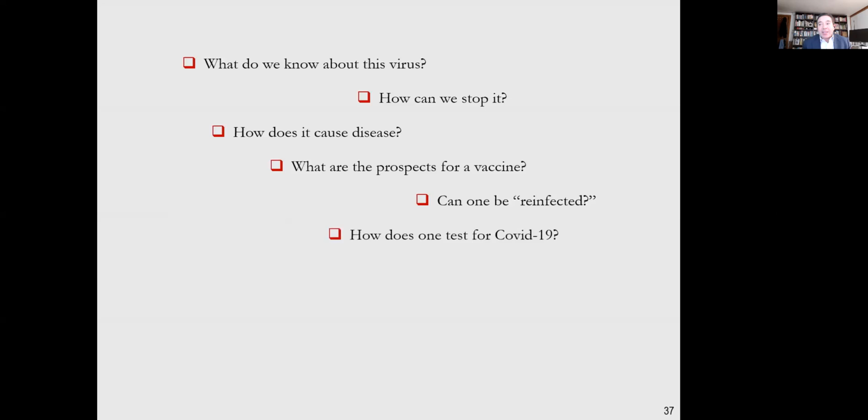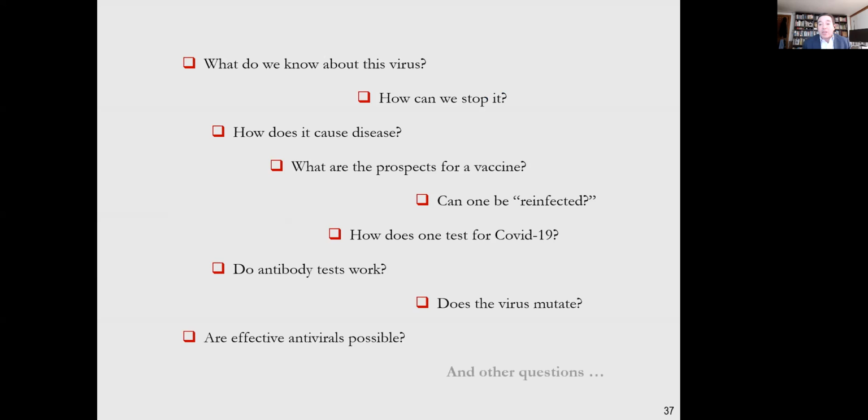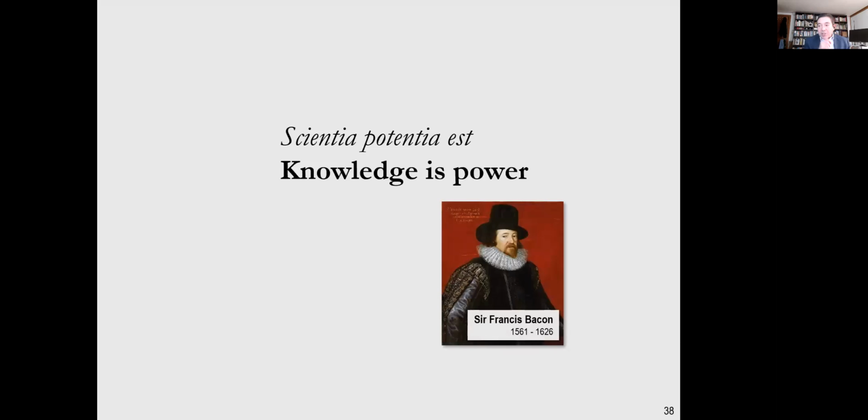Can one be reinfected? How can one test for COVID-19? Do antibody tests work? Does the virus mutate? Are effective antivirals possible? And other questions. Now, this is a famous quote from Sir Francis Bacon, one of the founders of science,